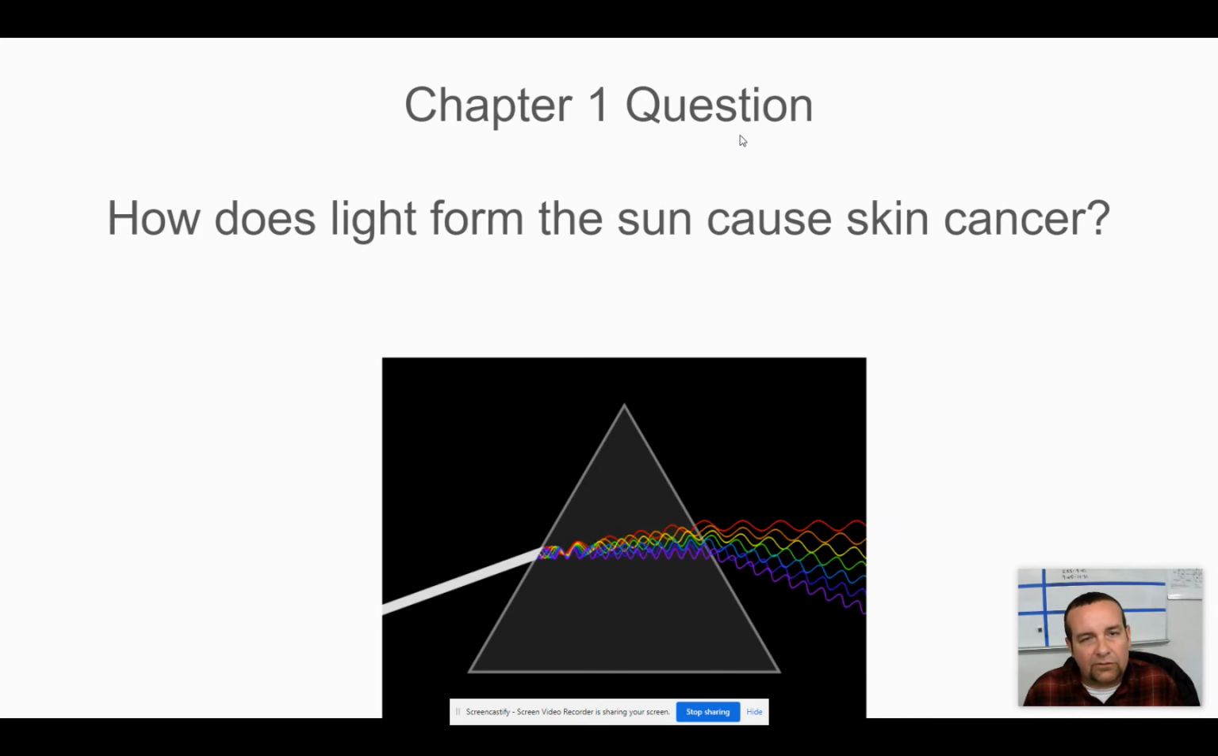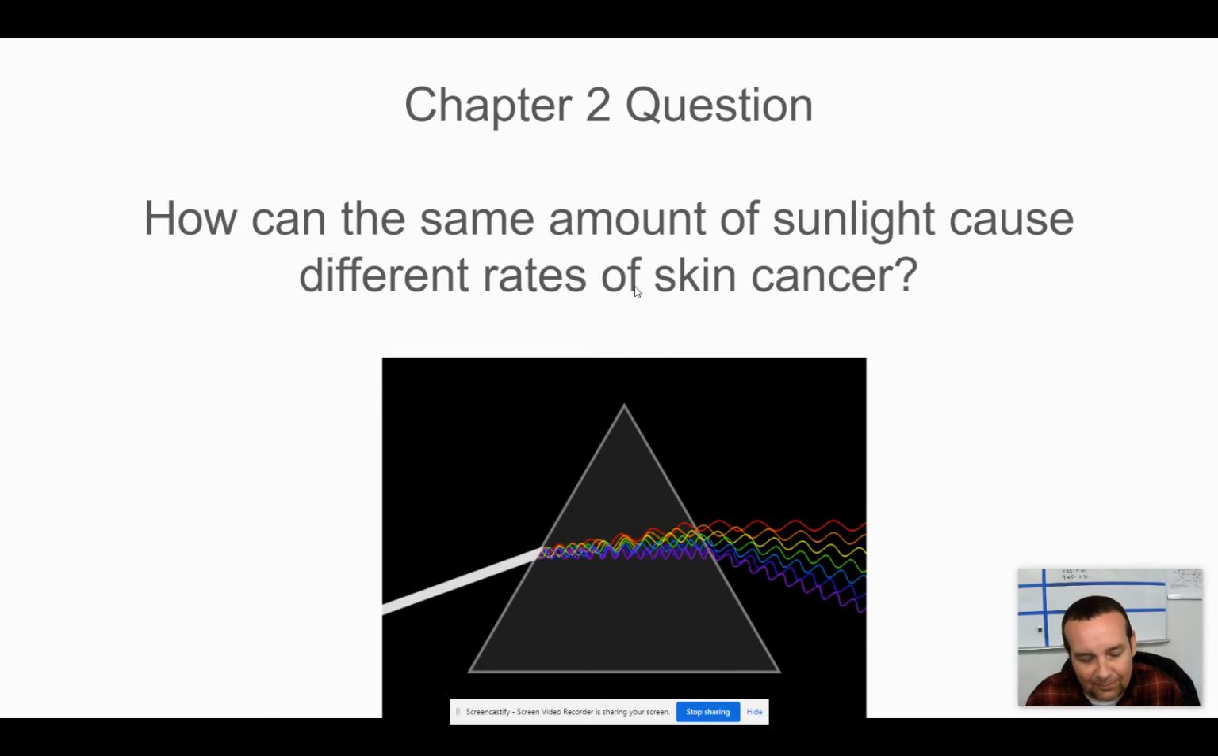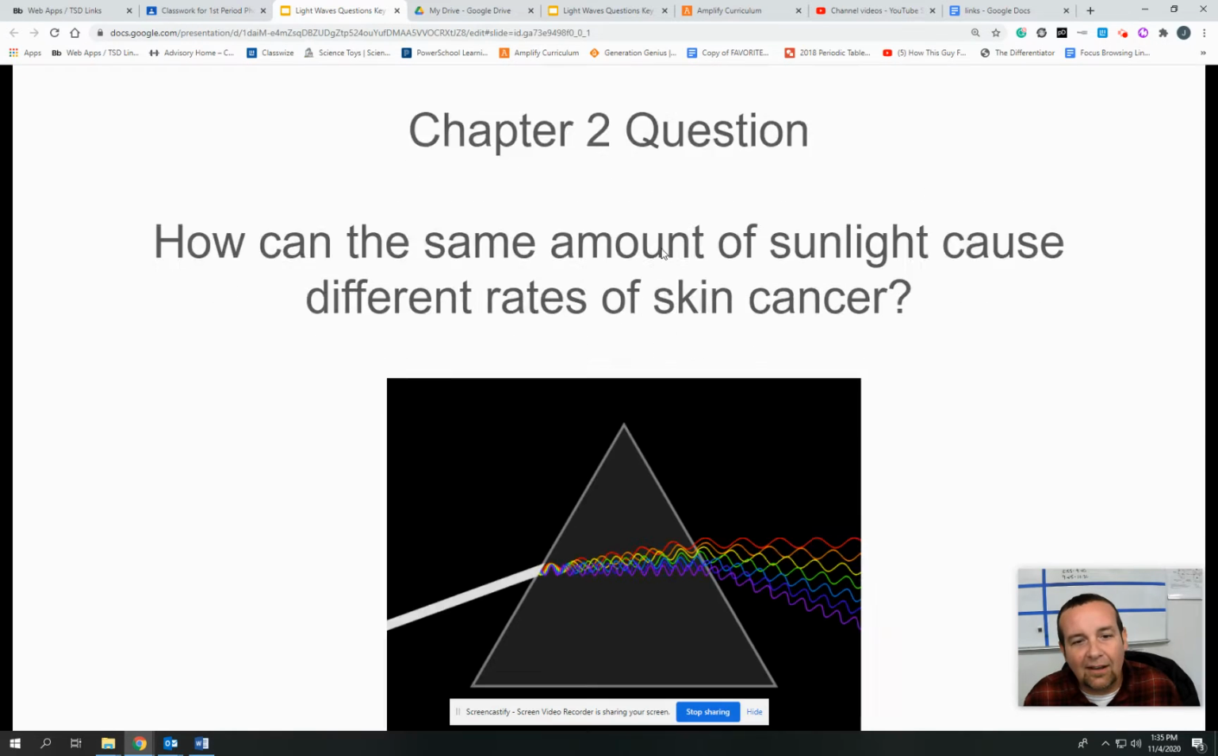Our chapter 1 question, a question we're going to start investigating today, is how does light from the sun cause skin cancer? That's a typo. That's not how you spell from, Mr. Roberts. Anyway,